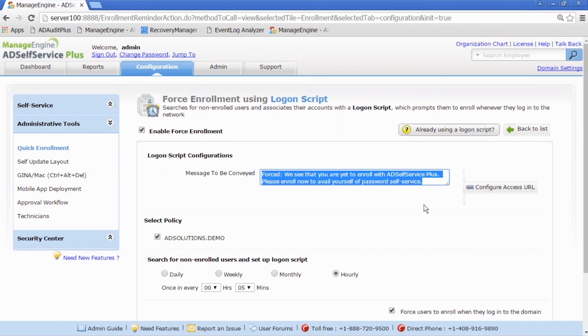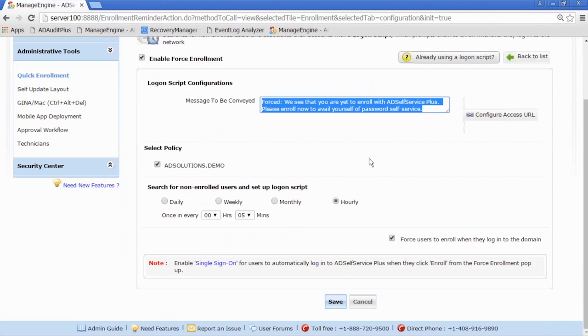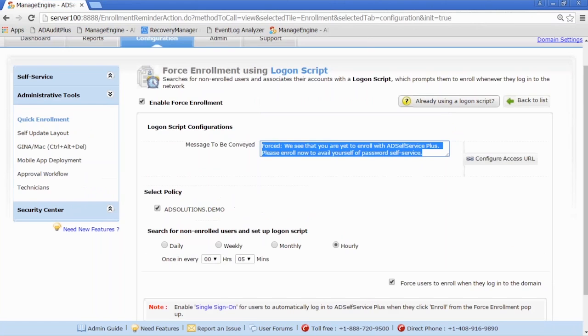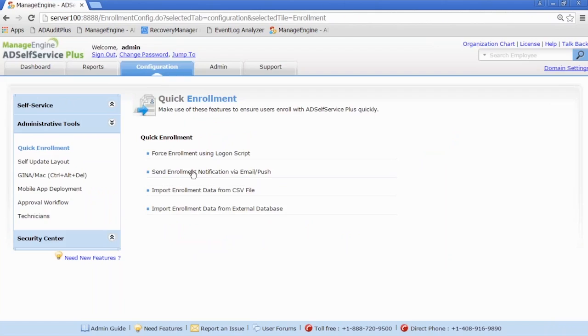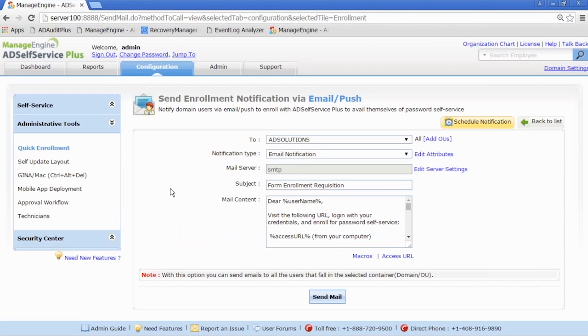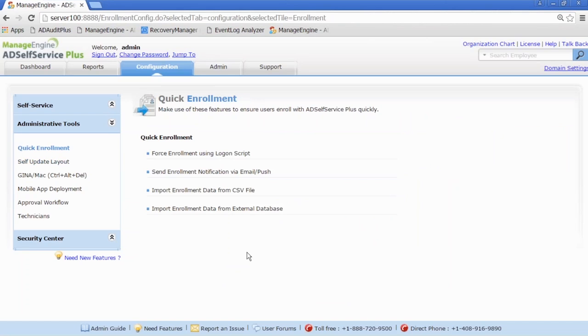Another thing we have really gotten feedback on is how much customization customers want for this, and they want a lot. So there are different ways that we allow this enrollment process. Going through quick enrollment, you can force enrollment, and you can send notifications, which is typically what's done.